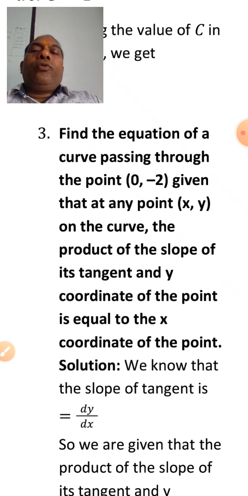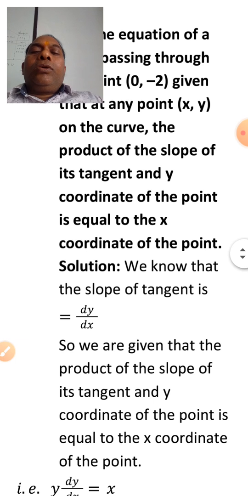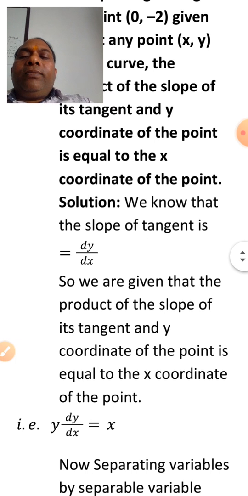So you have to find the equation of the curve passing through the point (0, -2), and the given condition is at any point (x, y) on the curve, the product of the slope of its tangent and the y coordinate of the point is equal to the x coordinate of the point. So the slope of the tangent will be dy by dx,